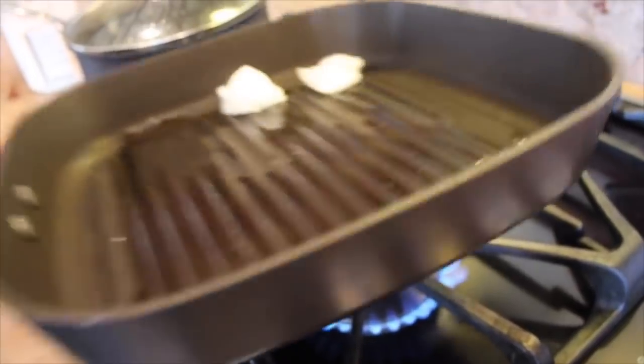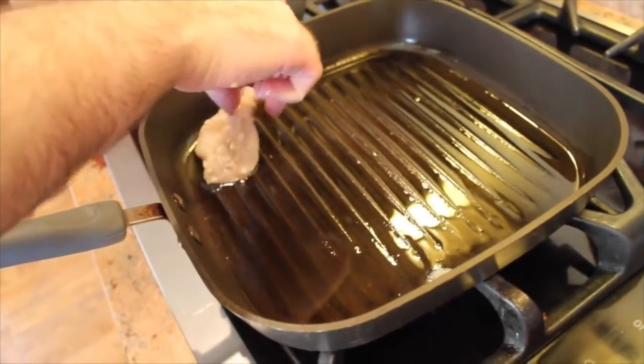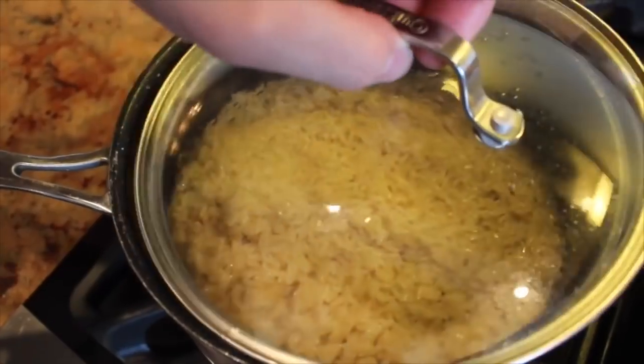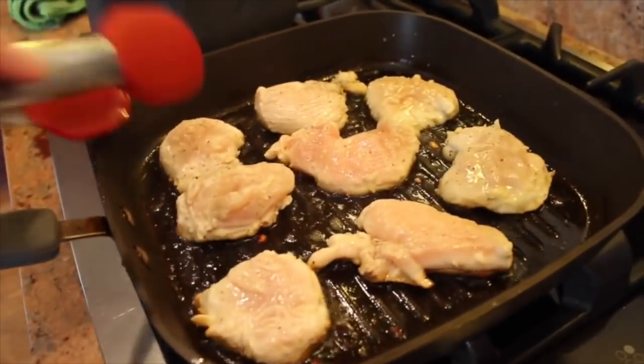low. In a grilled pan, add 2 tablespoons of coconut oil, and once it's hot, you're going to add in the chicken. Cook the chicken on high for 3 minutes on each side. Once the rice has absorbed all the water, give it a fluff, and then let it sit on the back of the stove. Once 3 minutes are up, flip over your chicken,